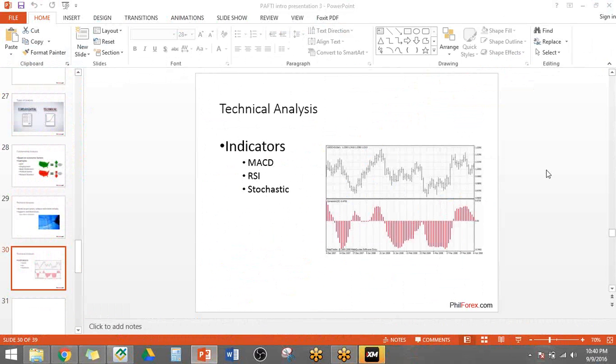All right. So let's continue. So now let's have the indicators. All right. Now for the indicators, you can have them together with your analysis. So these are just additional tools to help you analyze the market.